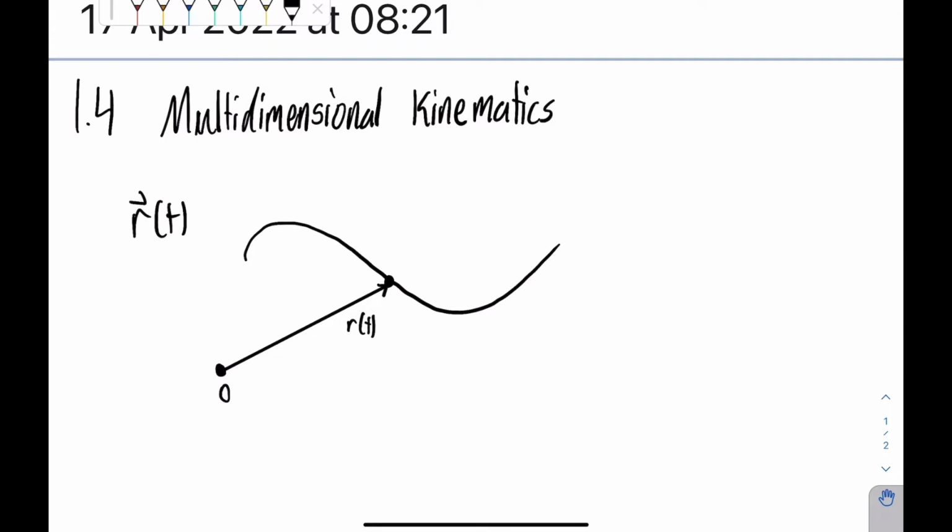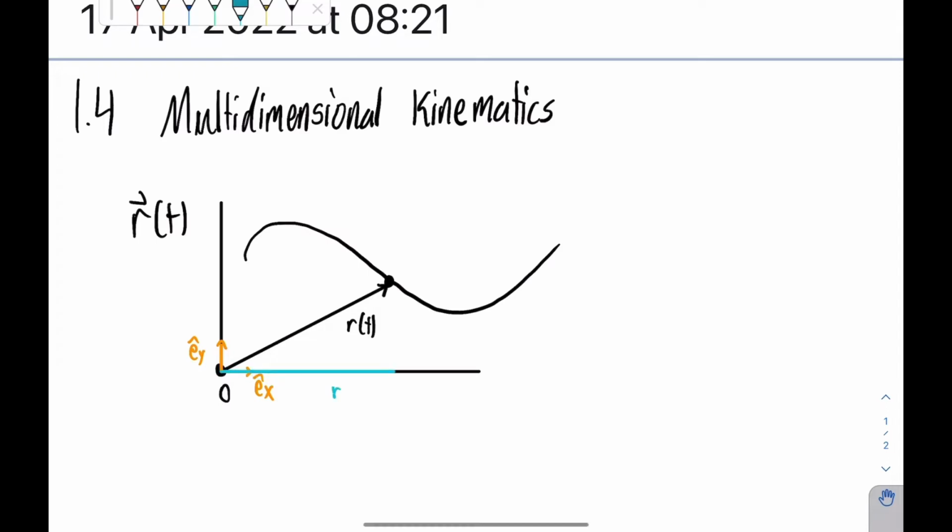In addition, we will take the time to make a coordinate system such that we have a pair of basis vectors, which will be e hat sub x and e hat sub y, which allows us to decompose r of t